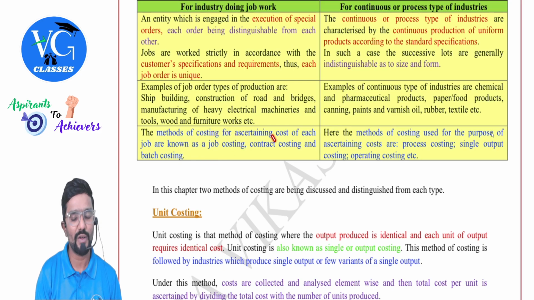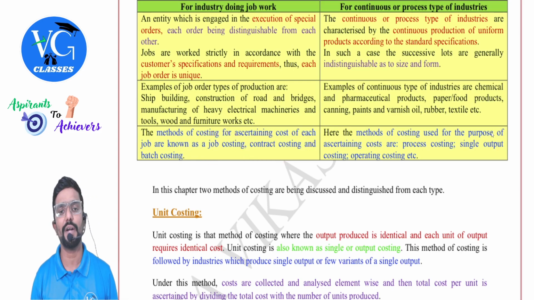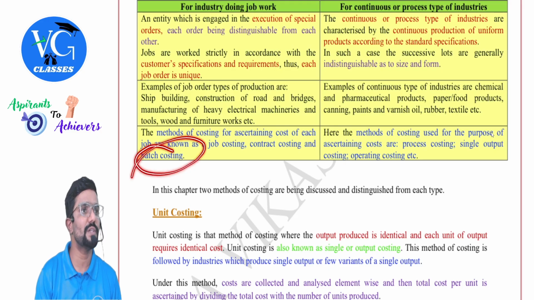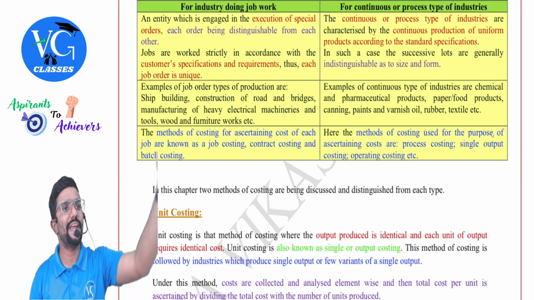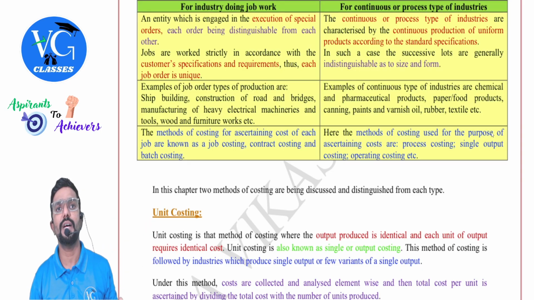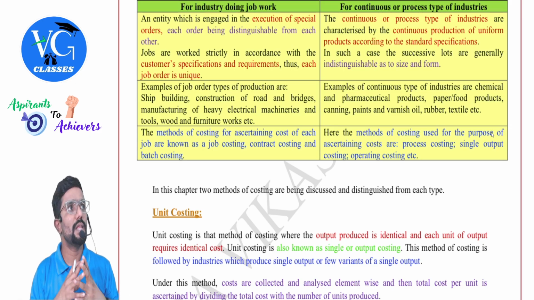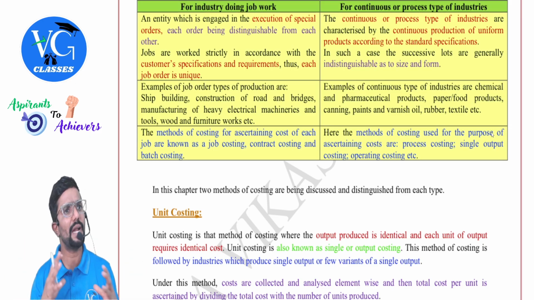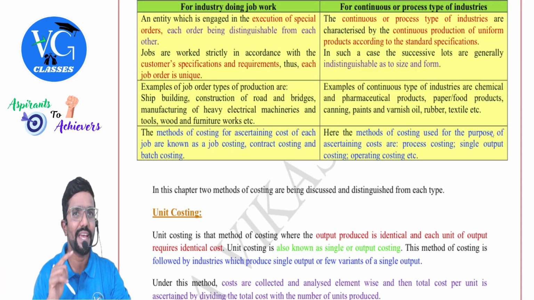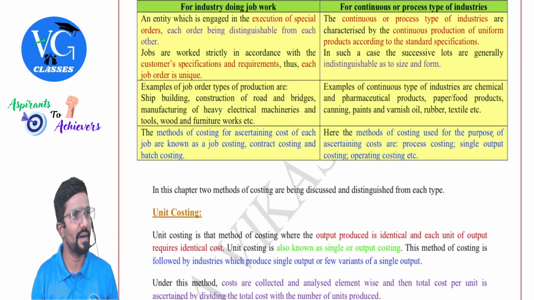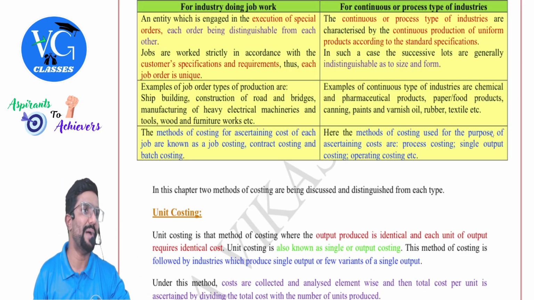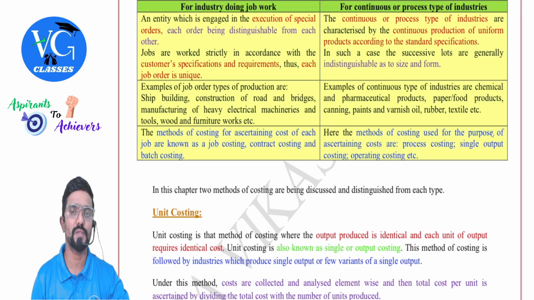costing, or if it is a contract costing, like for construction work and all, we follow contract costing, or the last one is batch costing. Sir, can we follow batch costing also here? Yes. For example, assume guys, I'm a furniture maker. Now one of the educational institutions came and told me, sir, we want 100 tables or 100 benches. Now, can I consider this as a batch? Yes. Okay, now 100 benches or desks, whatever I have received the order for, I can consider it as one